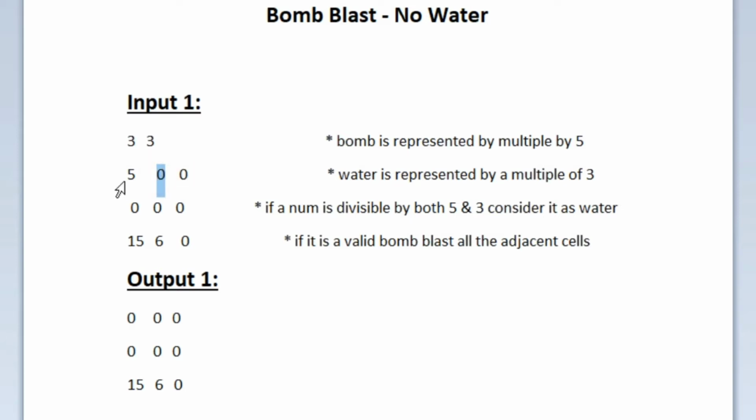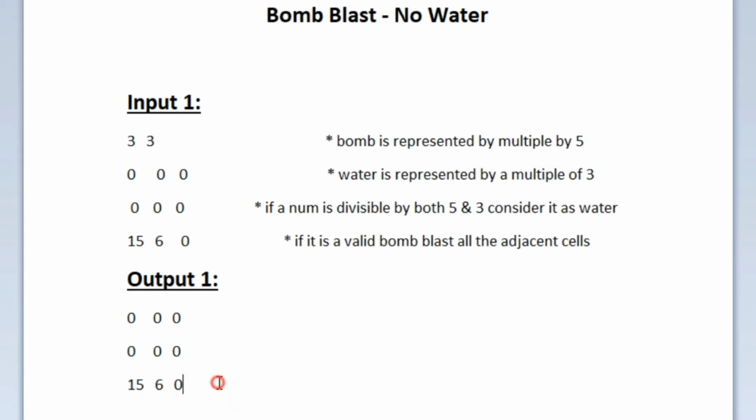So we move to the next integer, which is 0, which is not valid, and again the last integer is 5. This integer 5 is a valid bomb, so it blasts itself, and then it doesn't have anything on the left, the right is already blasted, the top doesn't have any integer, and the bottom is already blasted. So after triggering all the integers, this is how our updated integer matrix looks. Our task is to print this integer matrix as our output after triggering all integers.